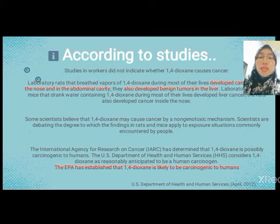They also develop benign tumors in their liver. Laboratory rats and mice that drank water containing 1,4-dioxane orally during most of their life developed liver cancer and also developed cancer inside their nose. Some scientists believe that 1,4-dioxane may cause cancer by a non-genotoxic mechanism. Scientists are debating the degree to which the findings in rats and mice can apply to exposure situations commonly encountered